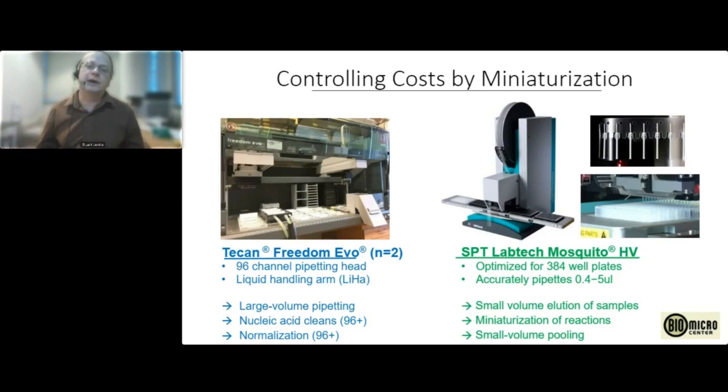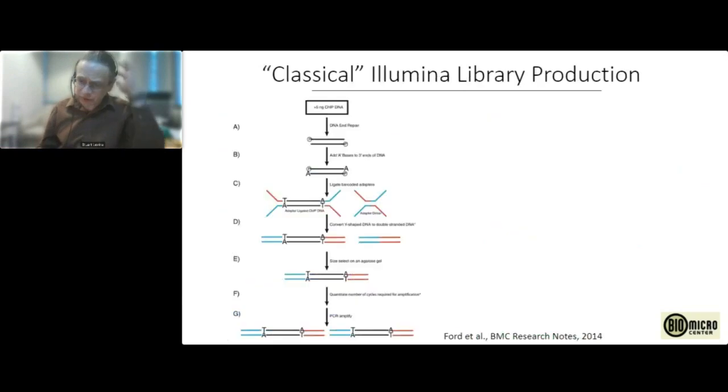This accurately pipettes between 0.4 and 5 microliters. We've been able to bring it down to about 0.2. We tend to do this in 3-4 well plates in order to minimize evaporation, but we're able to do low volume pipetting with this. So just as an example, we can begin with the classic Illumina library production,